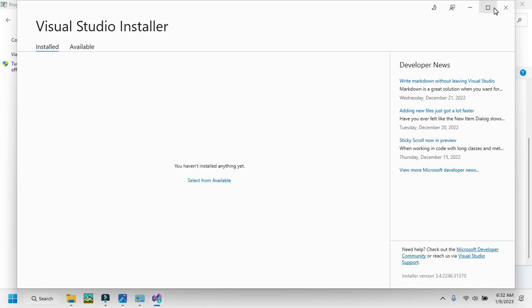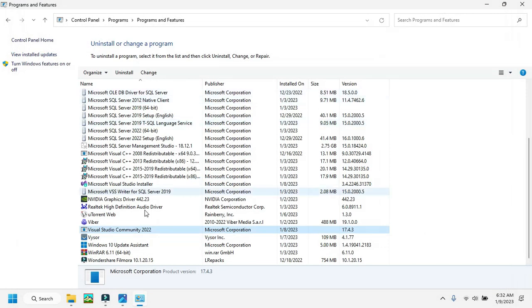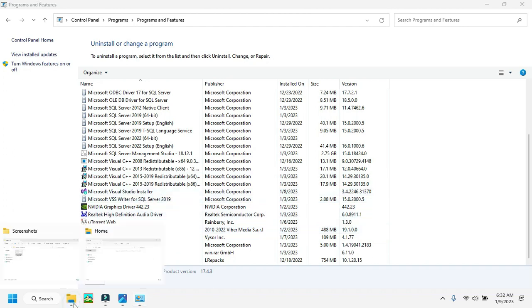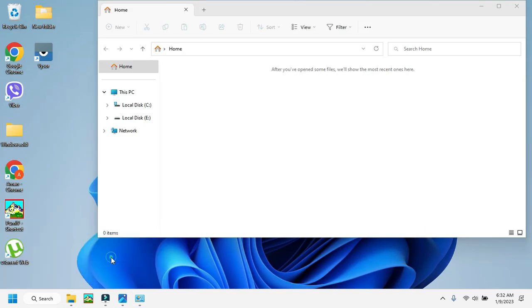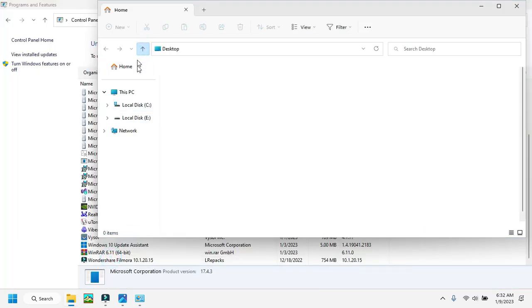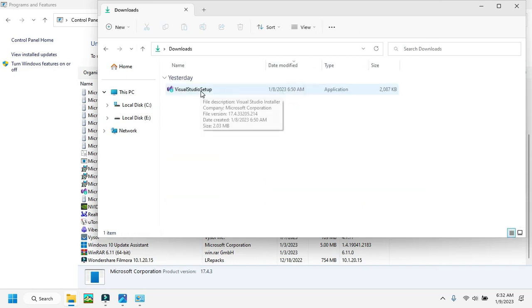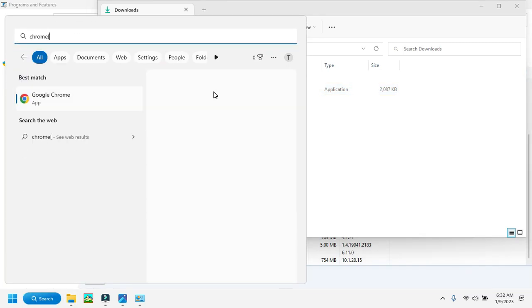Now our uninstallation is successfully completed. If I refresh this, now you can see my Visual Studio Community 2022 is already gone. This is the installer file, so you can use the already installed installer file, or you can download another one, but we can use the already installed one. This is the already installed Visual Studio 2022 setup file, or you can just search,